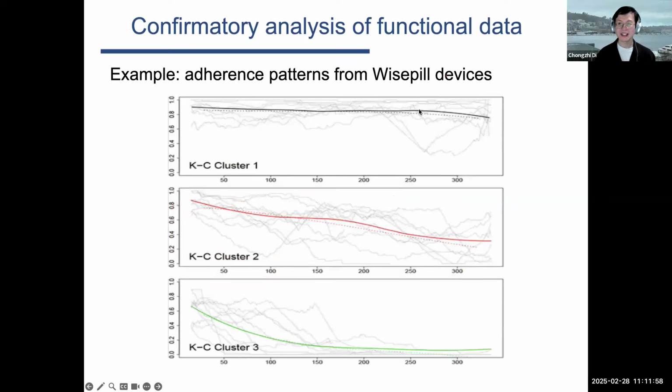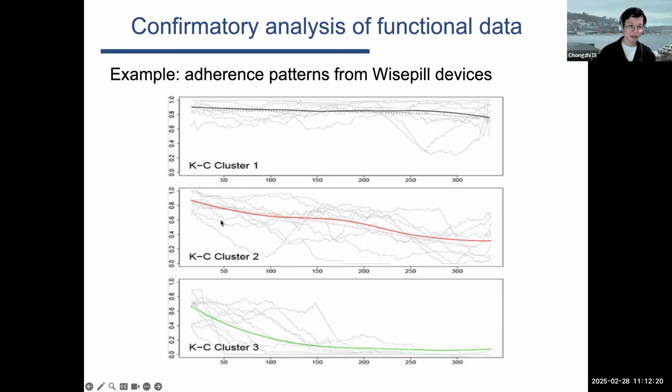Their average adherence percentage starts maybe somewhere around 80 to 90%. At the end, it's probably dropped to somewhere between 70 to 80%, but still relatively high throughout the whole study